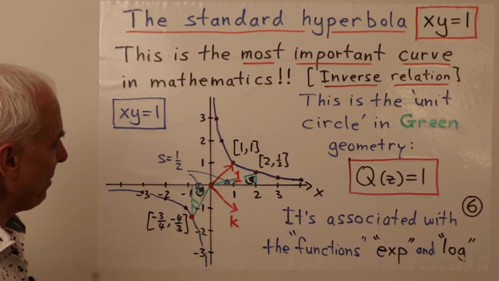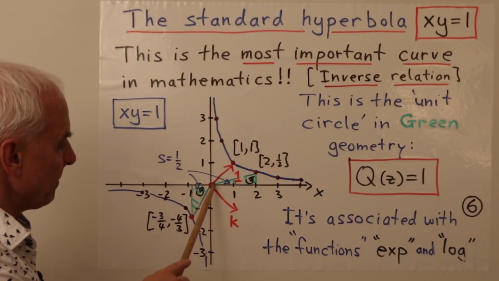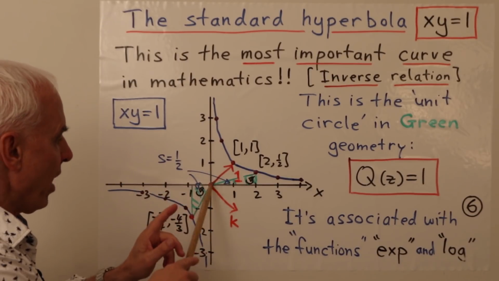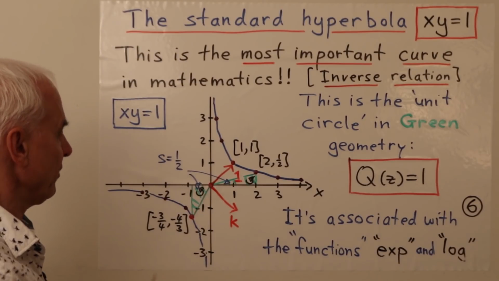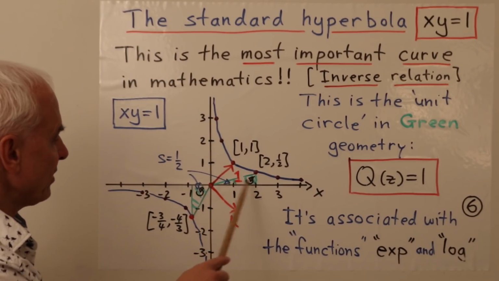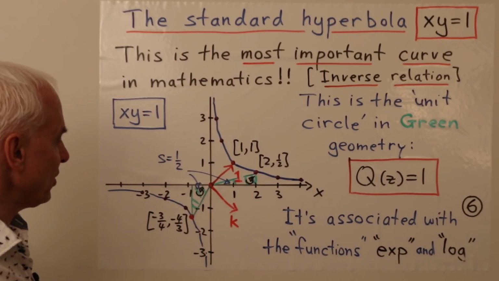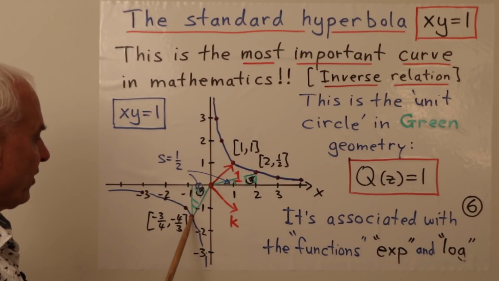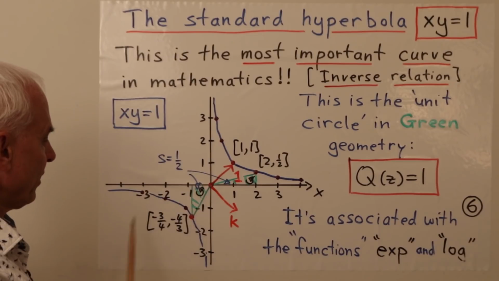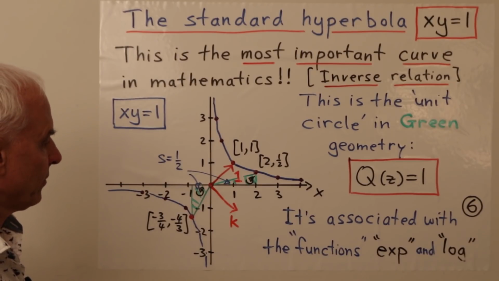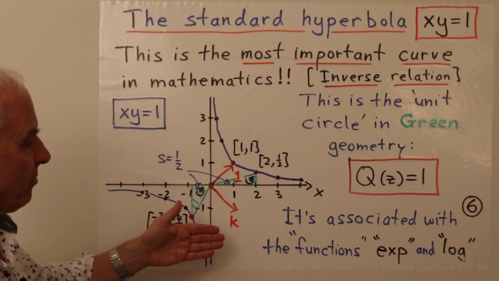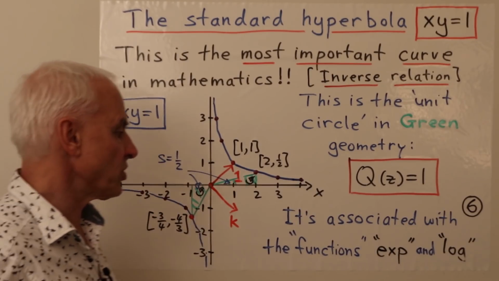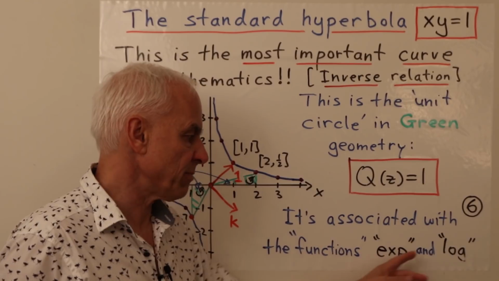Maybe I haven't mentioned them. So the vector 1 is the vector 1 comma 1. It's that one there. And the vector k is the vector 1 comma minus 1 there, down to there. And we've got triangles like this. And the signed areas of all these triangles are a half, even the ones emanating from the branch on this side. Okay, so this is very important because primarily, I guess, historically, it's associated with the functions exp and log,